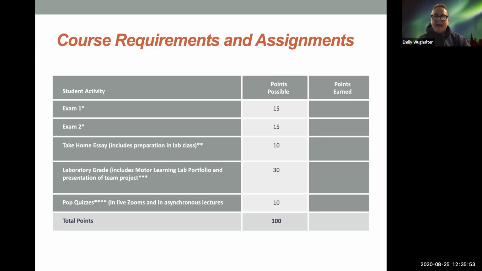But when you access your lab Zoom, you have to access that through your lab section. The reason for that is that we don't want to have to break out 97 of you. It will be much easier to break out 25 of you. I hope that you understand what I'm trying to say there. Is that clear?